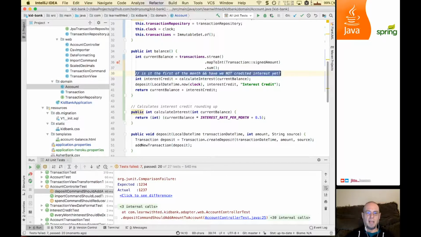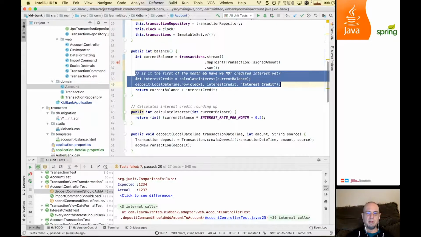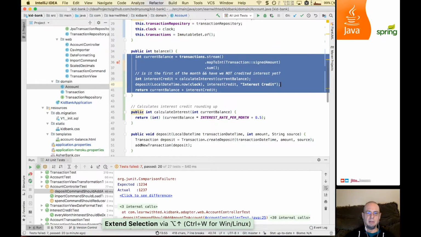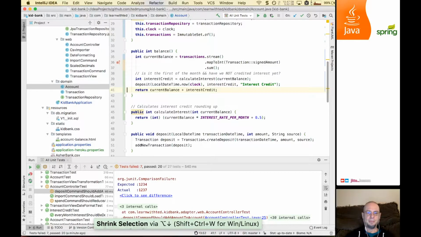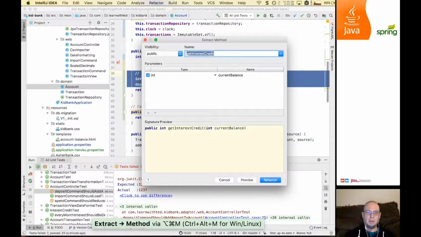Now, I could just add an if statement to surround this part. But I have a rule of thumb that I follow: the second I want to do some kind of if statement, I may as well put that into a method. So let's move this into a method. Oops, not that much. So credit